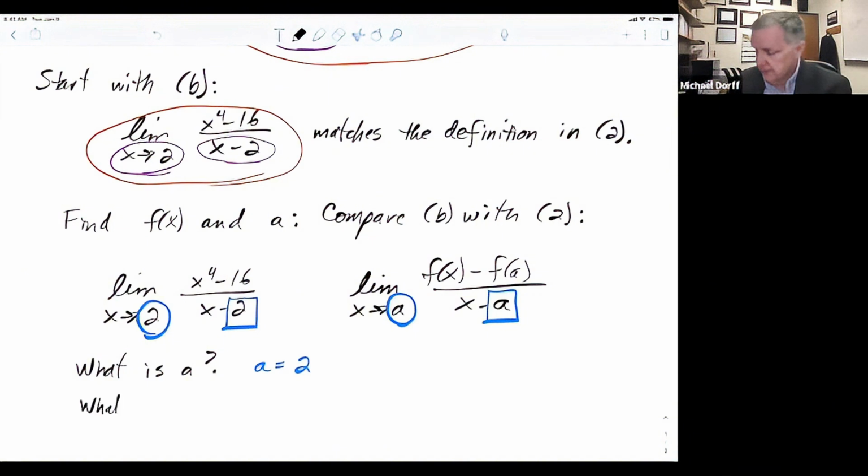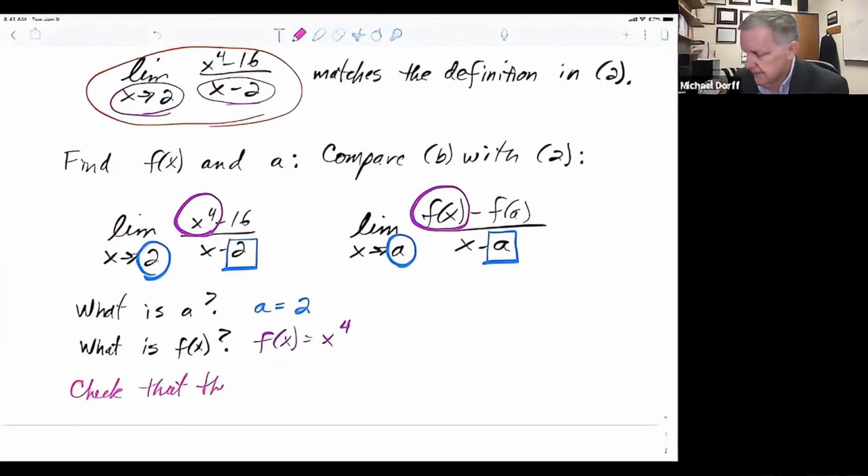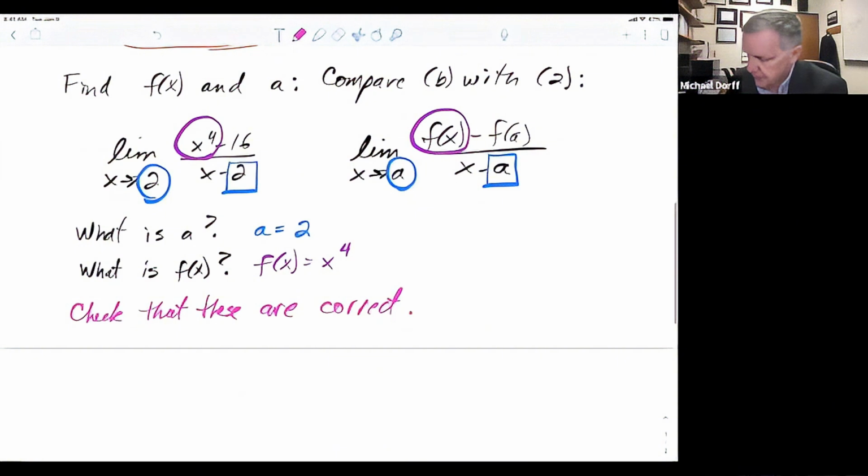So what is our guess for f of x? Well, I notice in the right-hand side, f of x is listed there on the top, and here I have an x to the fourth. That suggests to me that f of x is going to be x to the fourth. Let's check that these are correct. That is, suppose f of x equals x to the fourth and a equals 2. Then write out